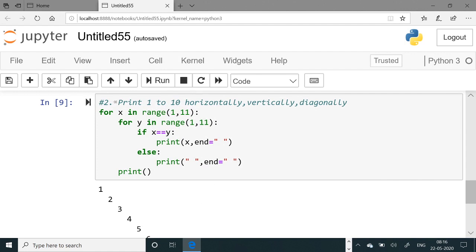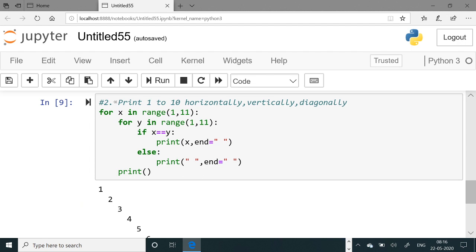In diagonal what you have to do? Simply you have to use two for loops. So this is for rows, this is for columns. The first for loop I have used for rows and the second for loop I have used for columns. Now if x equals y, you can see the first element is always 0 row, 0 column. So it is 0, 0. The second element will be 1 row and 1 column.